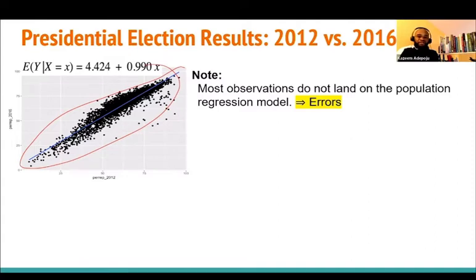I'm going to say that again. We expect a linear regression to be a perfect model only when all the points land on the straight line. But there's no perfect model anywhere in the world, and every statistical model has a random component. The fact that it has a random component means there's always going to be an error. That is the reason why some points deviate away from the straight line.